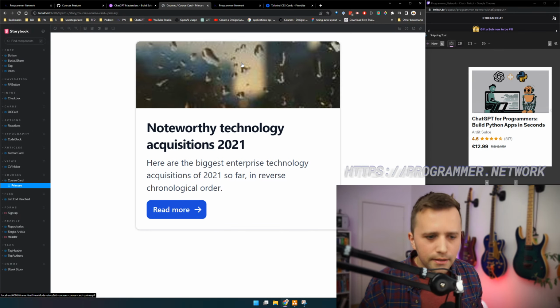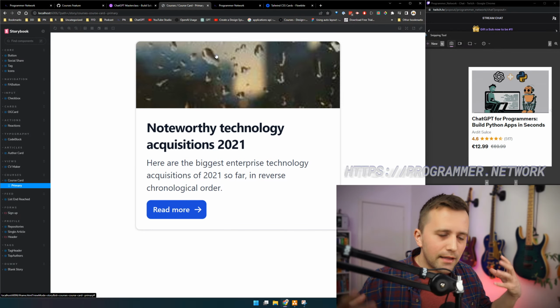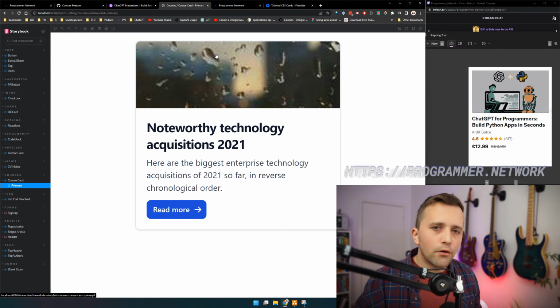And I think you should use Storybook for any sort of project because you want to get that workflow, you know, you want to make that a default. So whenever you're building any sort of project, that's how you start. You build your components in isolation, and then